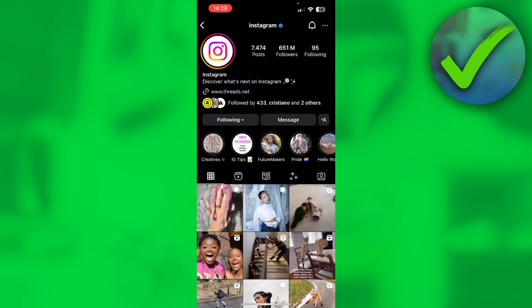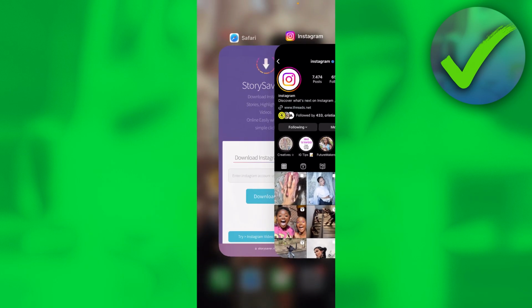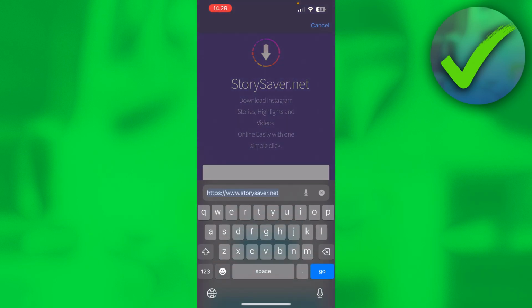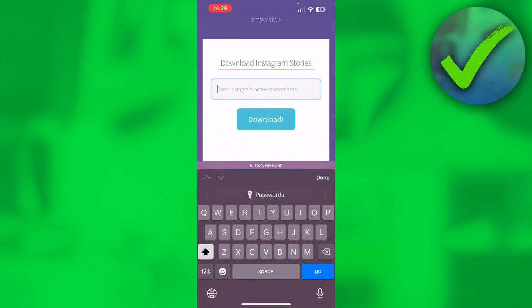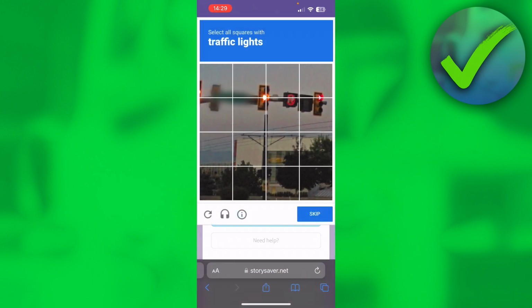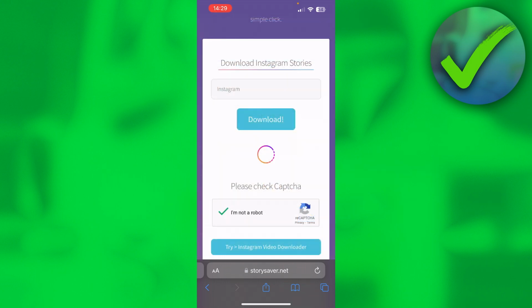It is literally Instagram. So what you can do then is go to your browser and search for this website called storysaver.net. Now if you fill in their exact username and then click on download, you first have to do the CAPTCHA thing. So let's just do that real quick. And then